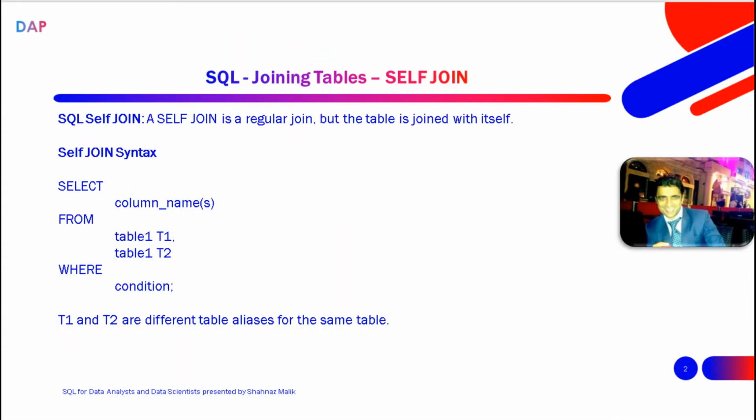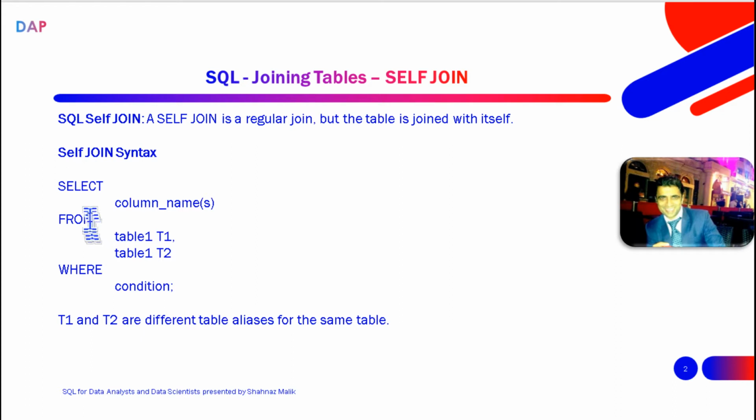So SQL self-join is a regular join, but the table is joined with itself. Before this, we saw how two different tables are joined, and how we can find the information out of them. But now you see,